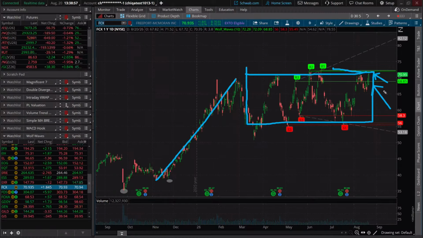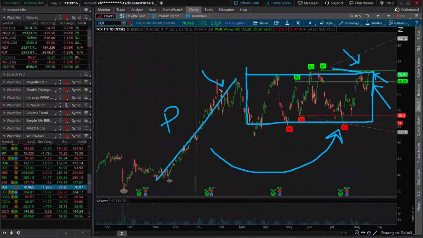Folks, that's like one of the stronger flags in a sense that we went sideways. If we break out of here, what did the Darvas box say? Darvas box said, this price makes it stronger. It has a stronger projected move. It's not mapping the bull flag off of the bottom, not this price off the bottom. It's mapping it off of the top. So we've got the regular flag, but also this range here too, added to it.